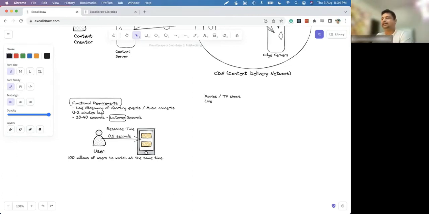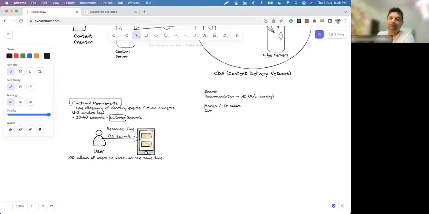Definitely user can search for shows, search for matches. There could be some recommendations also provided by the platform, right? This is done using AI. Various machine learning algorithms track the user behavior, and based on it, suggest the content.